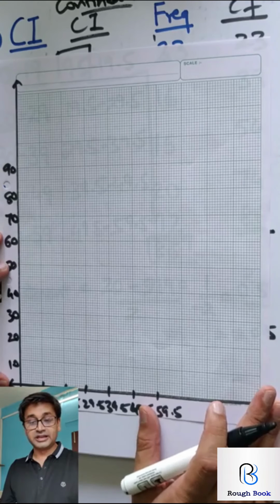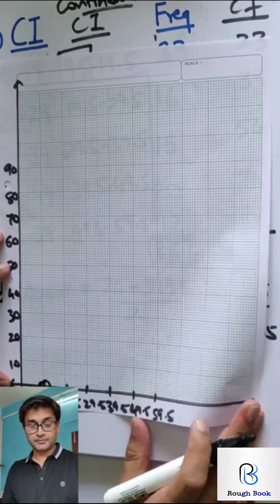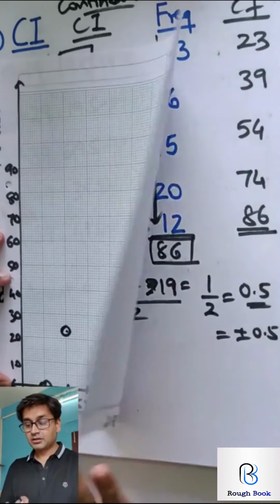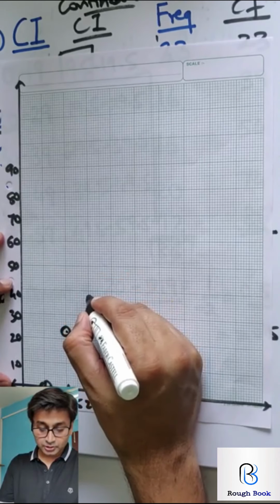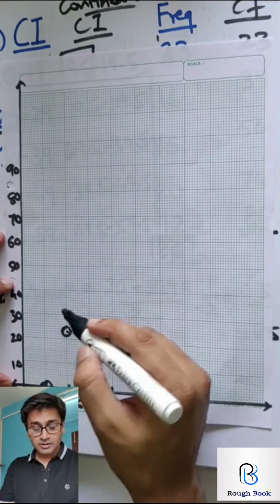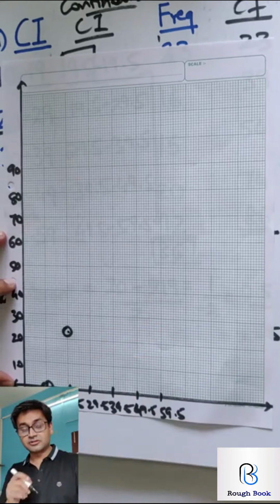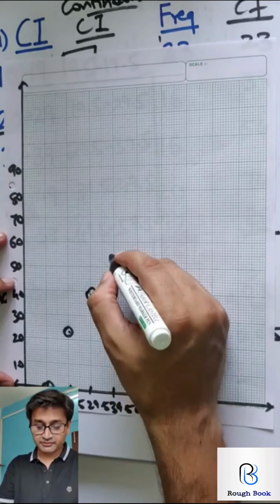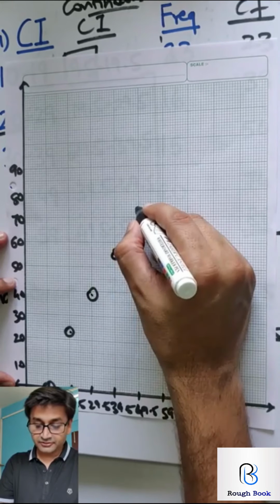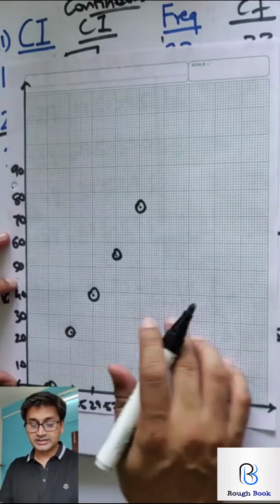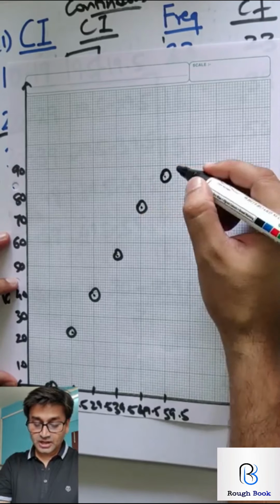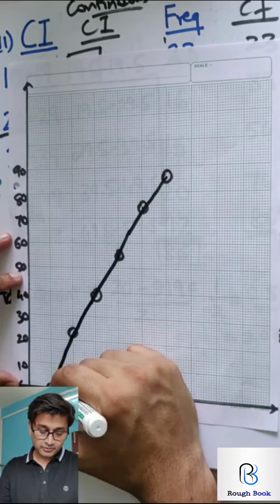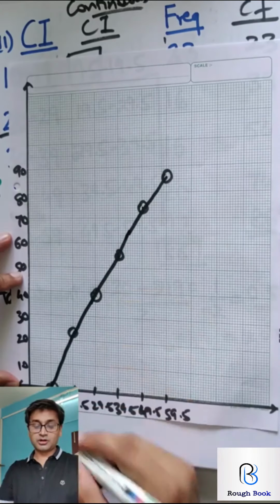So let's now start plotting the L technique. Starting from 9.5 as 0. 19.5 is 23. So the first point now is going to be directly on 23. 39, 54. So 39, 2 lines down. No, this is going to be 1 line down because now the gap is 10. So you always have to see how much is the gap. So now it's going to be 39. After 39, 54, 74. After 74, 86. So 86 is right over here. And then the smooth curve. In this case, the curve possibilities are very few because the numbers are almost straight. Alright, so your curve will look like this.